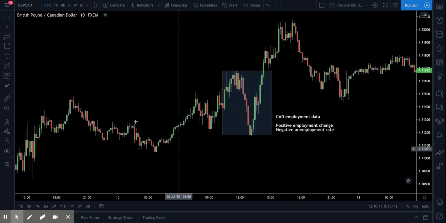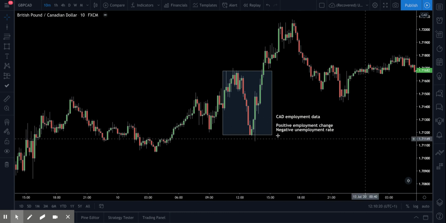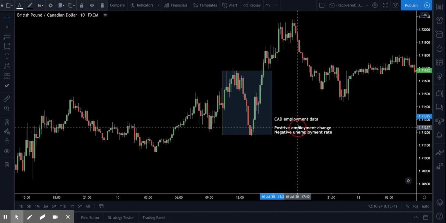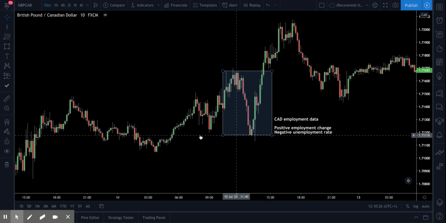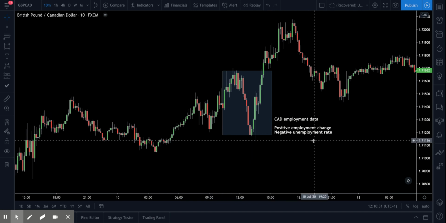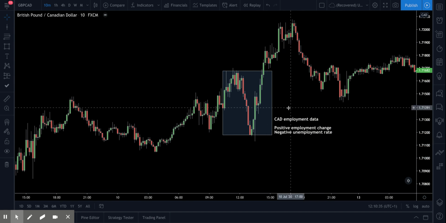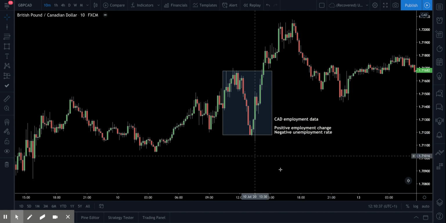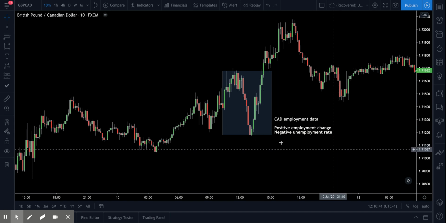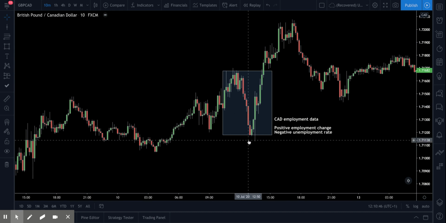So while we did see an improvement month over month in employment, more new jobs and a lower unemployment rate, the forecasts are where speculation really sits. The forecasts are where the traders are really looking for market direction. So if we have a super positive forecast and the numbers come weak, like this with the unemployment rate, where it was forecast at 12 and came out at 12.3%, that's actually negative. That is going to cause a sell-off.